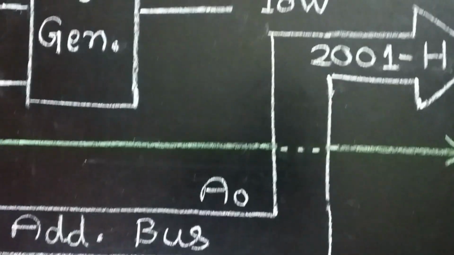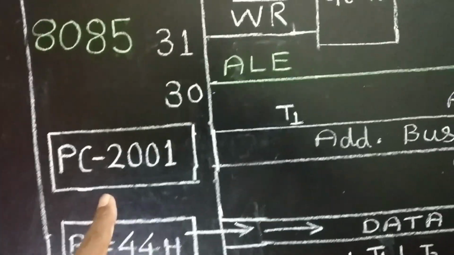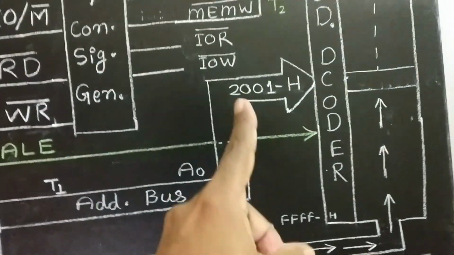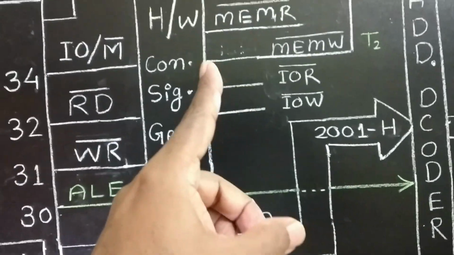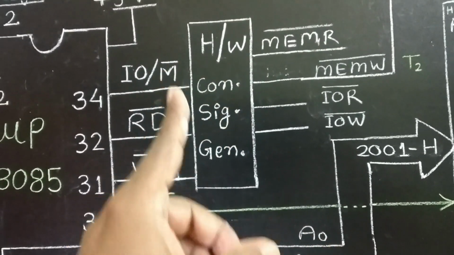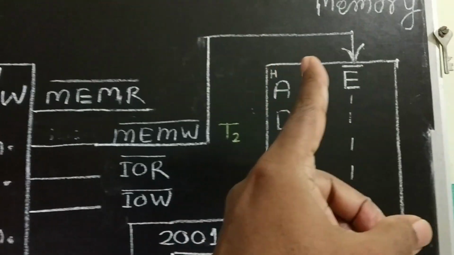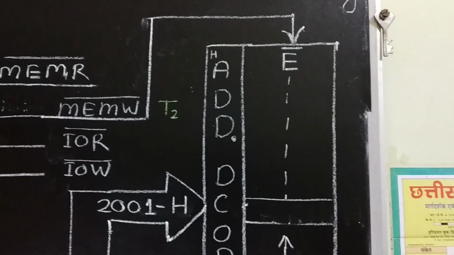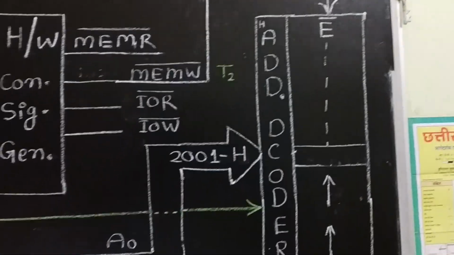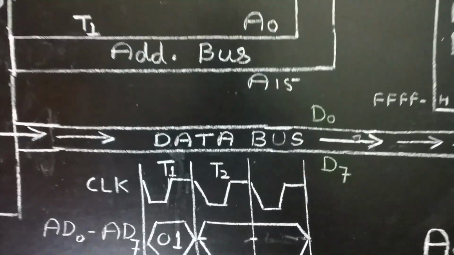At T1, the address is loaded from the PC to the address bus, pointing out the location. Then at T2, with the help of IO/M bar and write bar, memory write bar is generated. It is enabling the particular memory location. And during T3 timing,